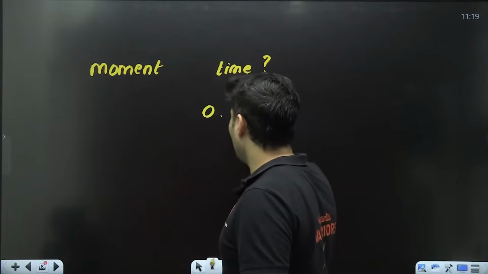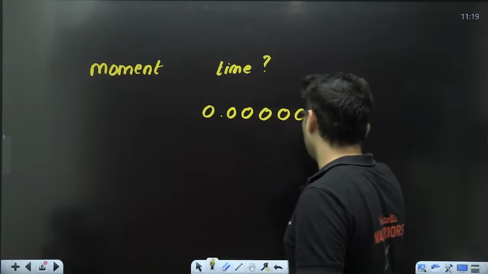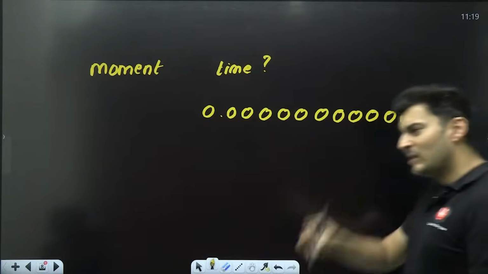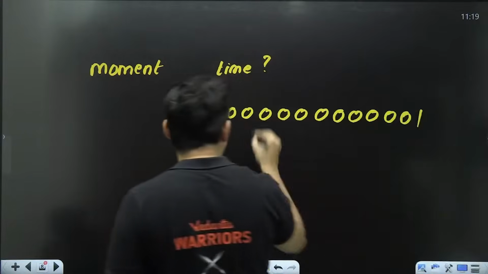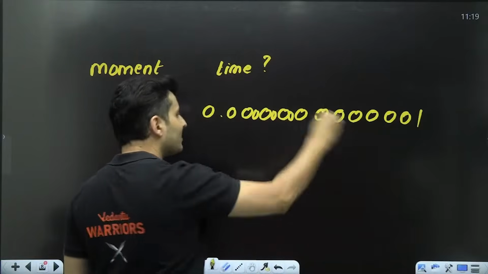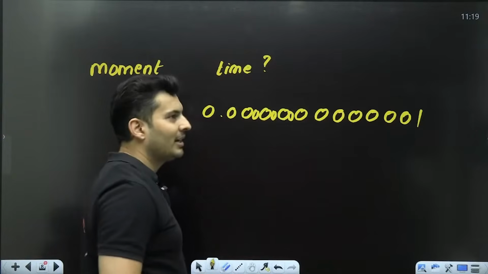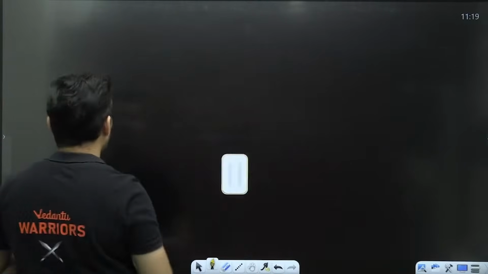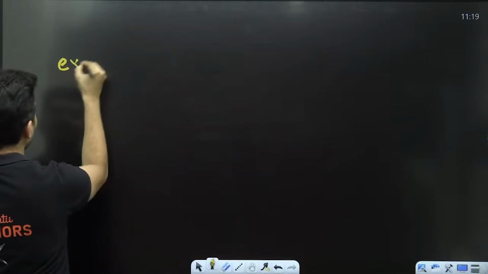0.0000001. Asim is saying 0.00000000000000000000001. This is not a moment, because I can always add one more zero in between and make it smaller, no matter how many zeros you add. So the moment which is extremely, extremely, extremely small,